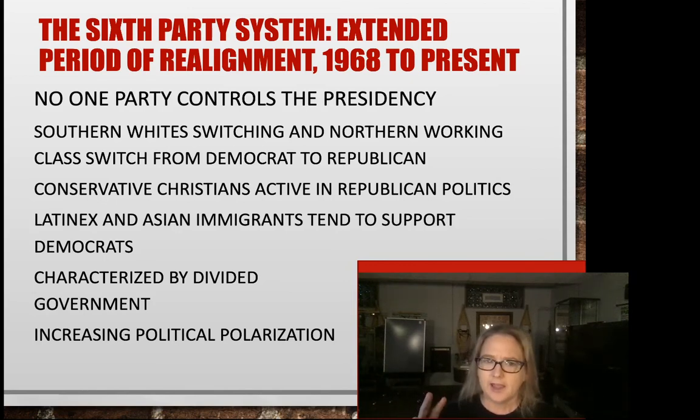You had some big realignments, though. You have the southern states and northern working class switching from Democratic to Republican. So not all the working class in the North, but a significant number of them. And those